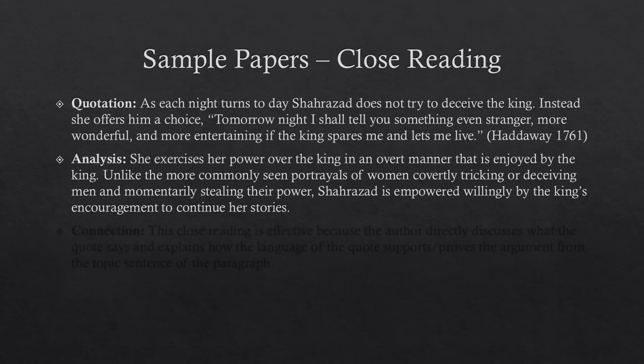So what the student means here is you can see Scheherazade as being very powerful because the king wants to hear the next story. She's not tricking him or anything. She has him doing what she wants by him thinking she's giving him what he wants. And so that shows that she's more intelligent, more powerful than him. And so what's brilliant about these few sentences is they directly explain the quote. They don't move on to something else.